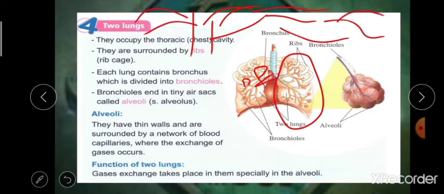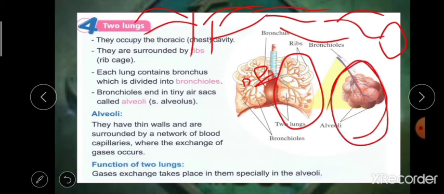These bronchioles end with air bags or air sacs. These air sacs or air bags are called alveoli. One air bag is called an alveolus. So singular alveolus, plural alveoli. These alveoli make up the lungs, or are inside the lungs. So the trachea